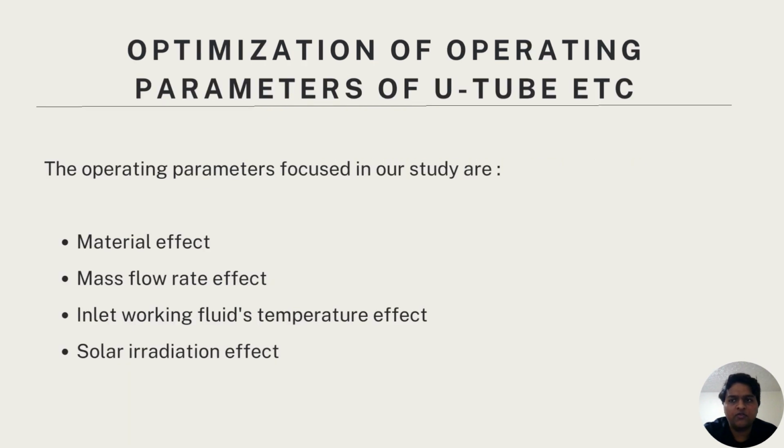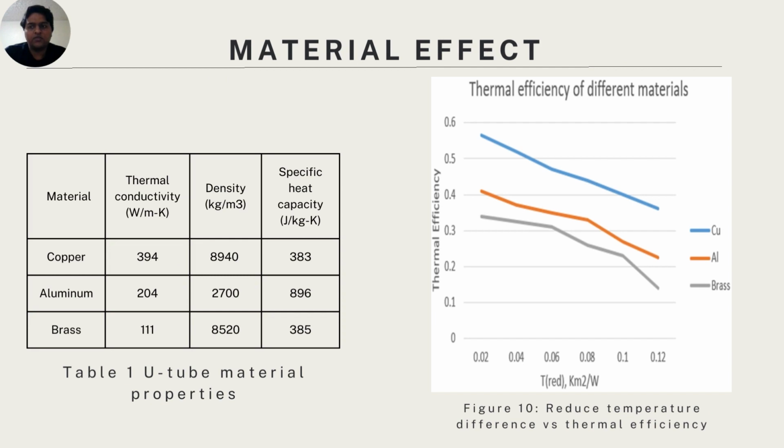The operating parameters focused on in our study are material effect, mass flow rate effect, inlet working fluid temperature, and the effect of solar irradiation. Material effect: the temperature difference of the working fluid between the inlet and outlet of the collector is used to evaluate the performance. Table 1 summarizes the material properties of the U-tube materials. Different U-tube materials such as copper, aluminum, and brass are used in the study and their performance is shown in